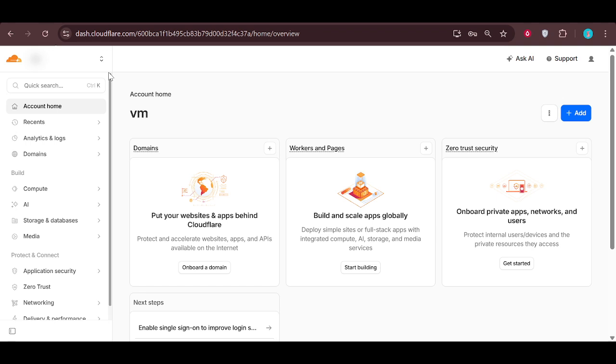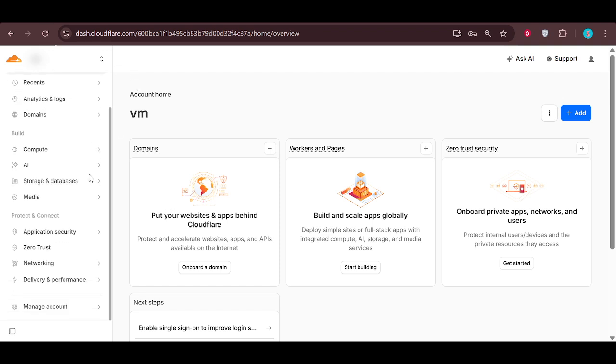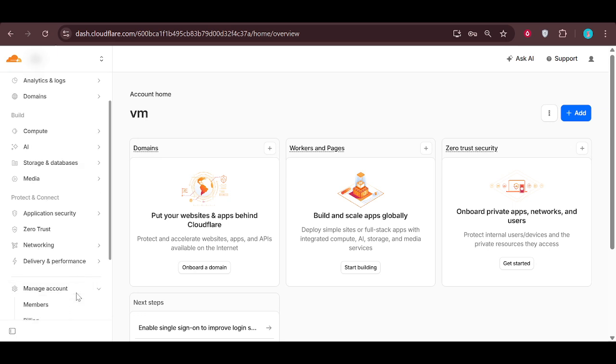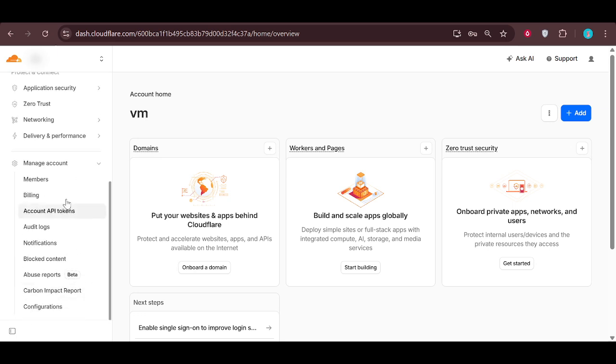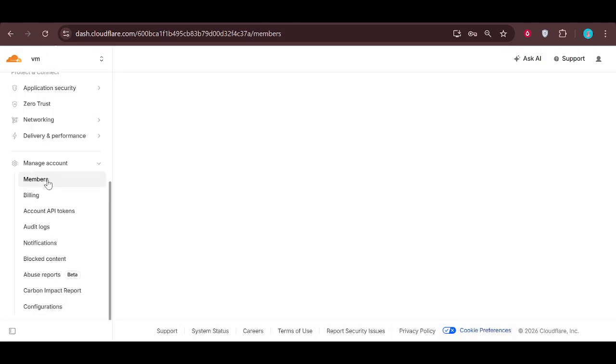Once that account is active, look over to the left-hand sidebar. This menu is where you'll find all of your account and configuration options. Scroll through the options until you see something labeled Manage Account. Go ahead and click on that. When you do, a submenu will appear underneath it. From that submenu, select Members. This is the area where you can view everyone who currently has access to the account and where you can